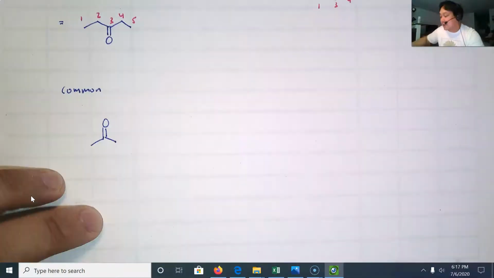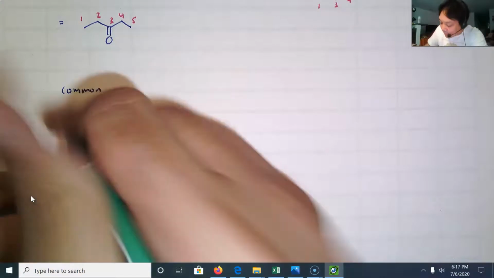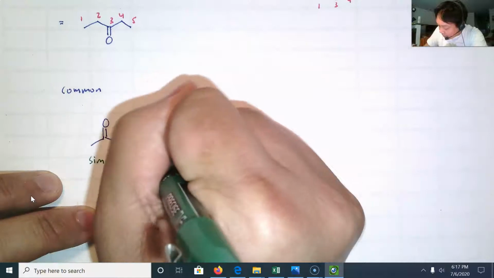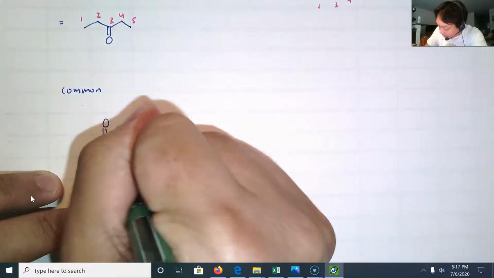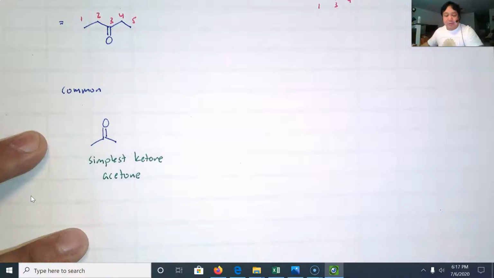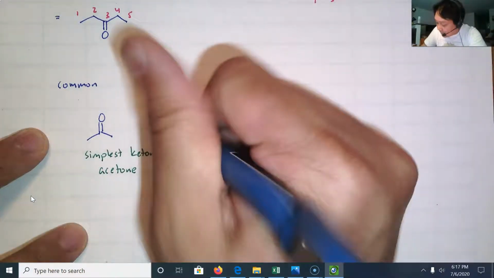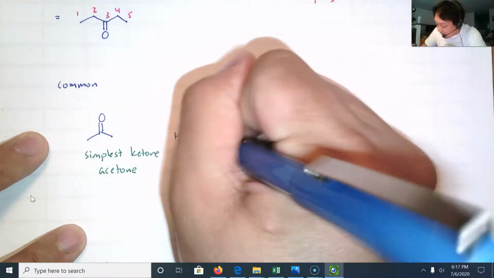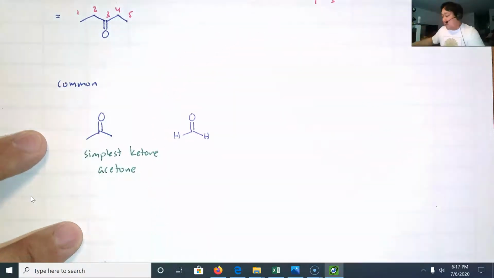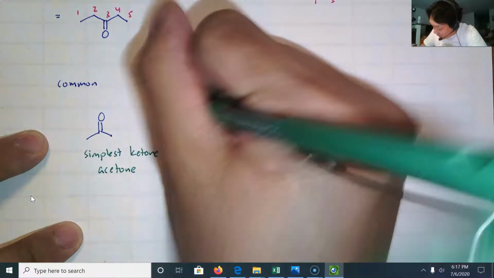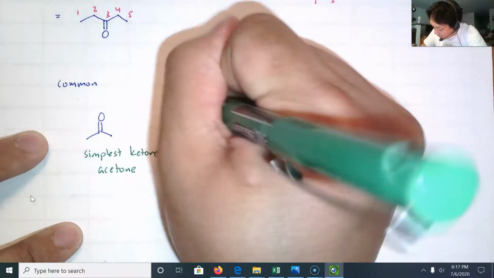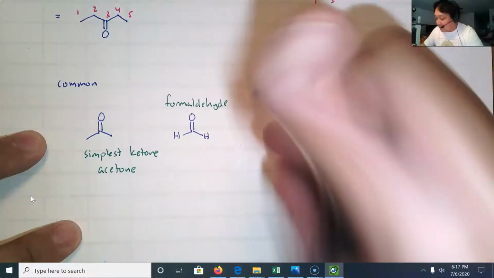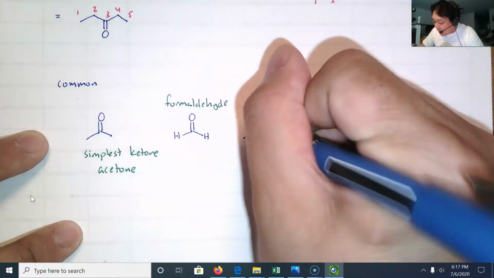And here we have the simplest ketone. That is called acetone. That's the common name. Now we're going to move on to the aldehydes. Now, if your carbonyl group has a hydrogen on each side, that is formaldehyde. If you have only one hydrogen on one side and you have a methyl group on the other,